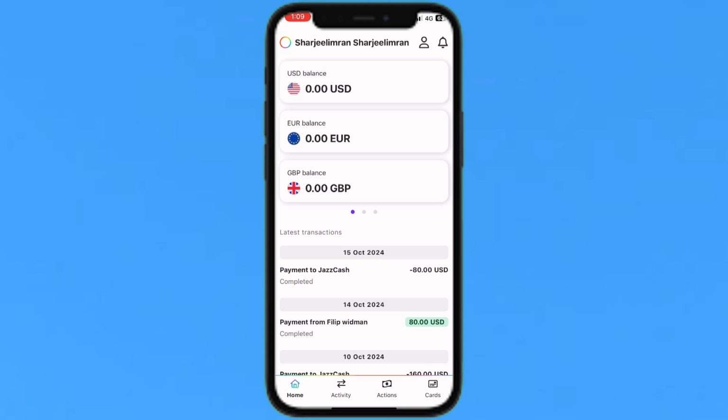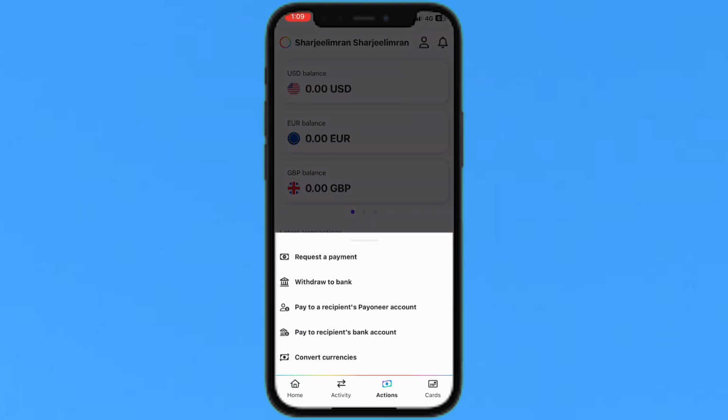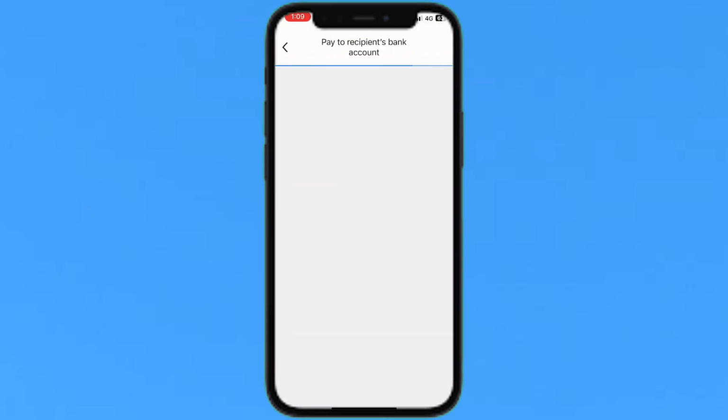I just log into my Payoneer account right over here and tap on Actions. Among the options, you will see "Pay to recipient bank account." Just tap on pay to recipient's bank account. After loading this feature, inside you will see the options